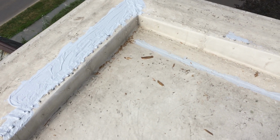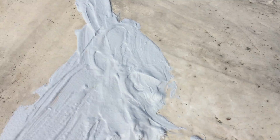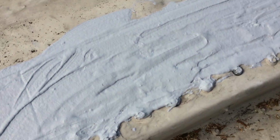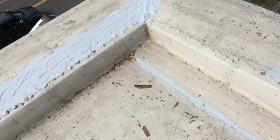So we have the project complete for now. What we're going to do is let this cure and then come back up in a couple days on a nice day and gecko the seams again and just double check everything. But I went around, did a little bit more touch up here and there, and I've been kind of dreading